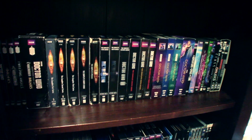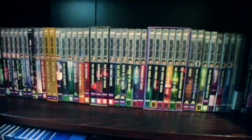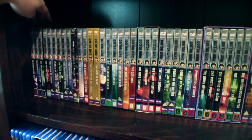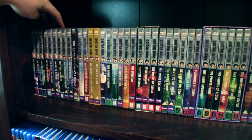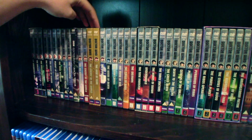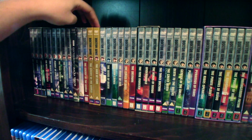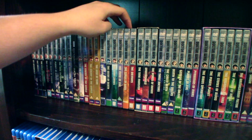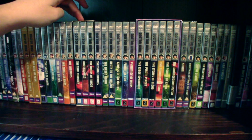Now we move on to the 4th level. This is my classic UK collection shelf. We've got the Beginning box set collection, the Keys of Marinus, Reign of Terror, Planet of Giants, the Time Meddler, the Underwater Menace, the Moonbase, the Macra Terror, the Ice Warriors, the Enemy of the World. Got the 2 limited edition slipcases for the Enemy of the World and the Web of Fear, the Invasion, the Seeds of Death, the War Games, Mind of Evil, Claws of Axos, the Demons, the Myths and Legends box set,